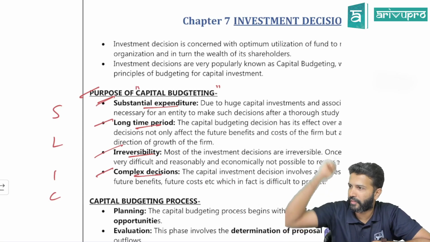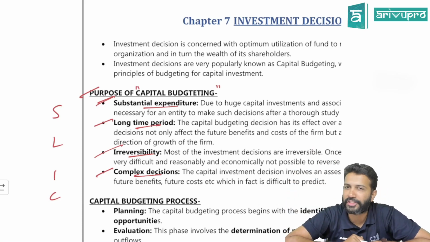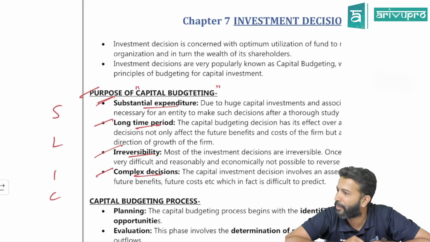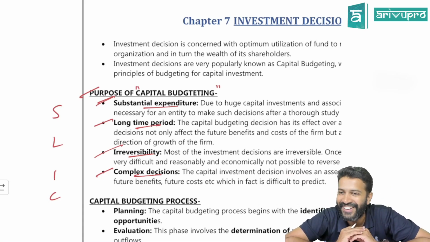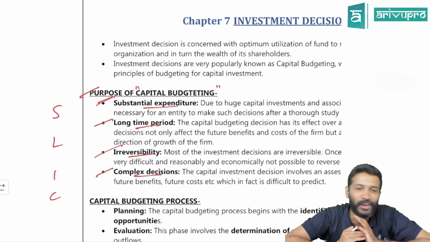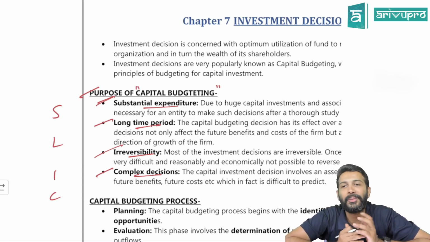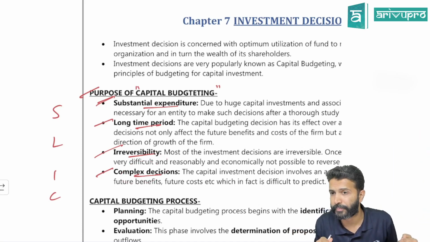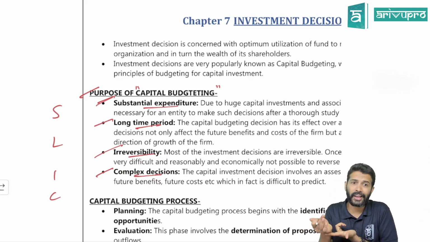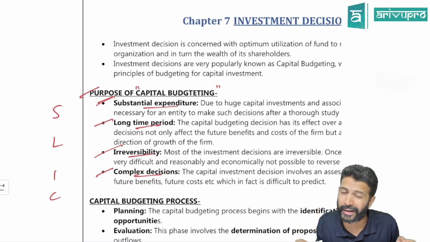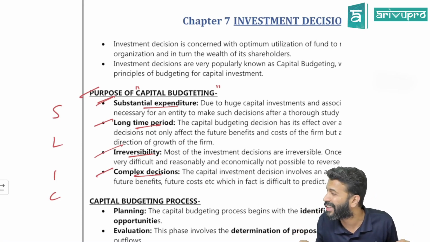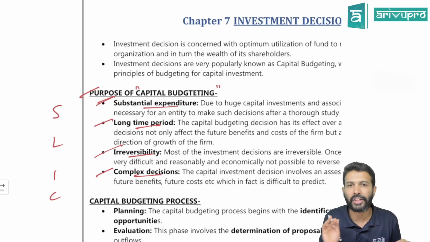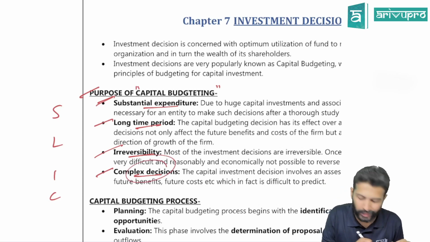Before COVID, everyone was making big claims: this economy will become the world's first economy, second economy, trillion-dollar economy and all that. Once it came, there was no economy left. It looked literally like doomsday. So these are quite complex decisions, because you're trying to predict the future: customer action, your pricing action, etc. These predictions cannot be made with absolute certainty. There is always an element of error and things going wrong. Hence, these decisions are quite complex.